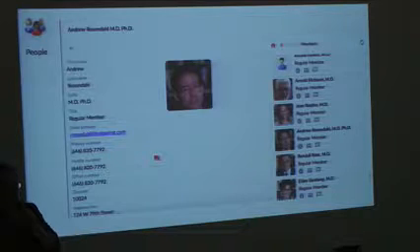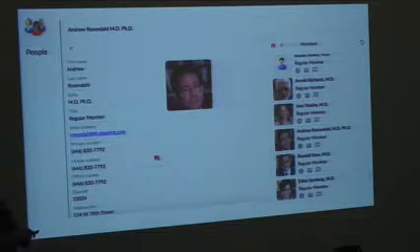No, that's the point I was making about the pictures. This picture is not, so your profile under members is not the same as your user profile. It is not. So you can change your user profile.